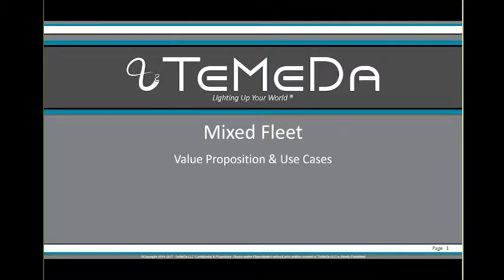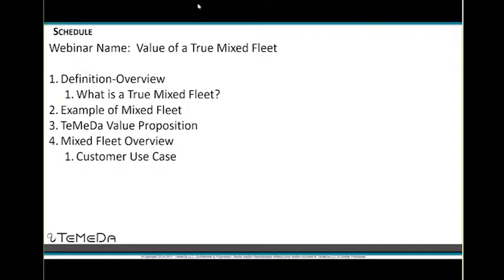This morning, we're going to quickly go through what a mixed fleet is, how TeMeDa defines a mixed fleet, what the value is for a mixed fleet in TeMeDa, what makes us special, and then give a couple of examples of customers using TeMeDa to monitor their mixed fleet. So what is a